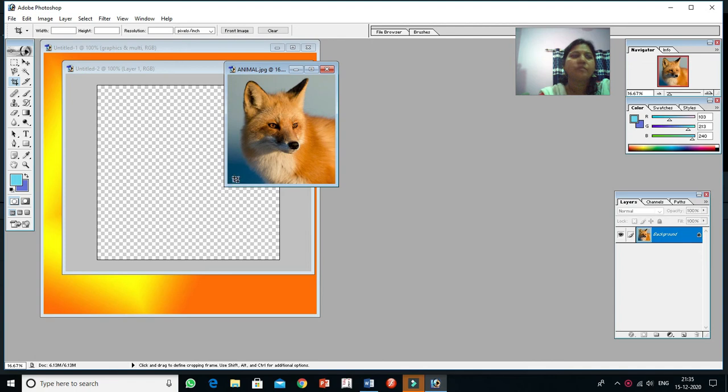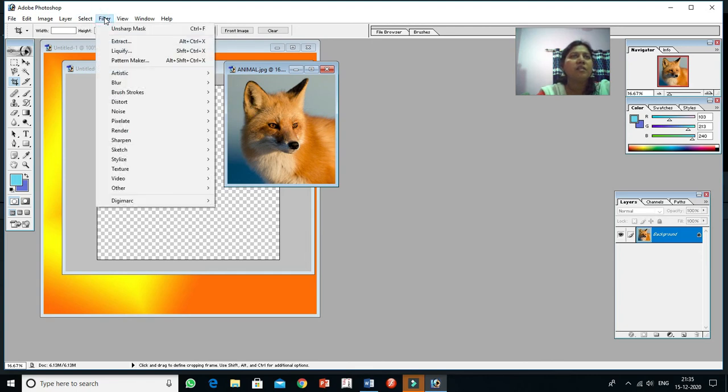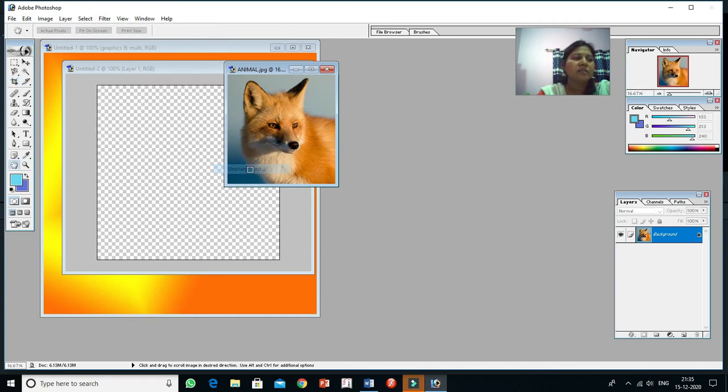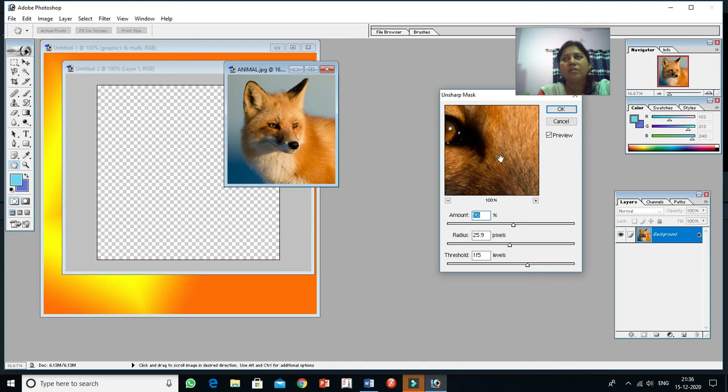Now for sharpening, go to the layer panel. Here the layer panel is there. Draw a selection. Now already this one is selected. Now choose the Filter menu, go for Filter, then click on Sharpen, then Unsharp Mask is there. Now this dialog box is displayed for Unsharp Mask.